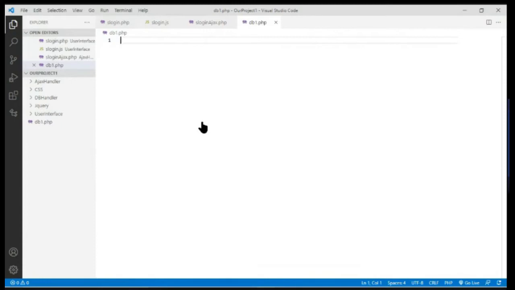Now done, this part is done. Now let's come to the main point. What we need is a database. We need at least a table there in the database, right? So these things at minimum we need